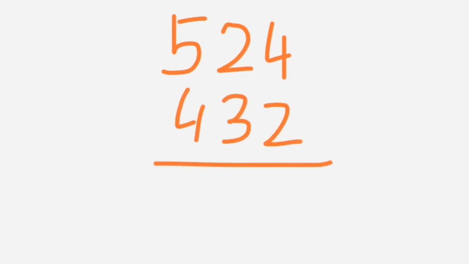Now just take a 3 digit number and multiply that number with another 3 digit number. Okay, so now we are doing 3 digit multiplication. Let's take an example like this, 524, and multiply 524 by 432. If you want to multiply these two numbers, we have to follow certain rules.